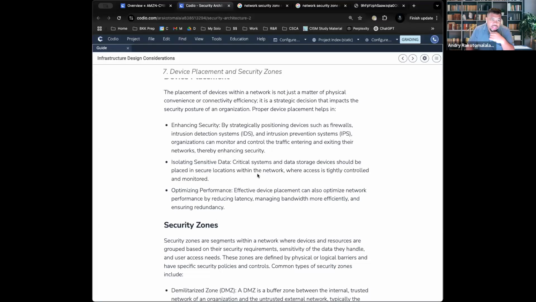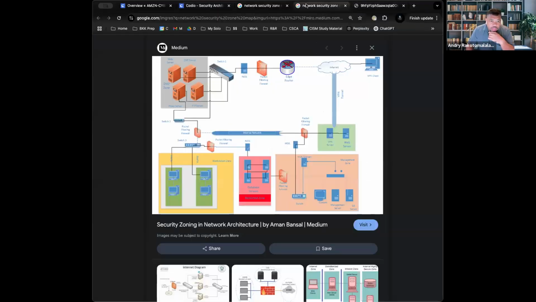Isolating sensitive data. So that's just protecting the data internally. So that would be like, say, here. These are data servers. So in order to access the data server, let's say you're just someone on the internet, right? If you want to access that data server because you're a threat actor, you would have to bypass this firewall, bypass this intrusion system, hit the right switch to be able to go to a proxy server.